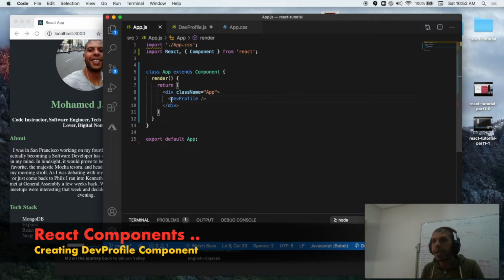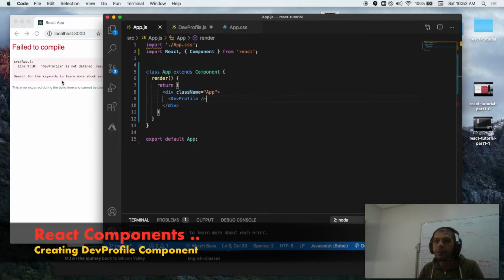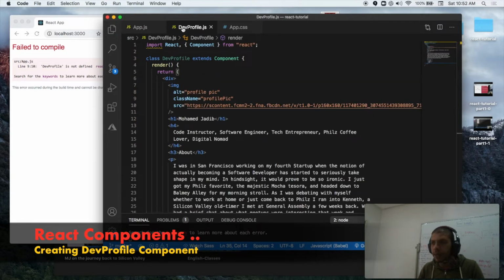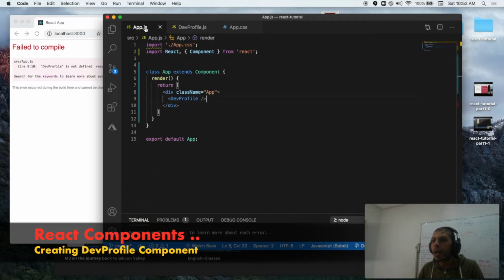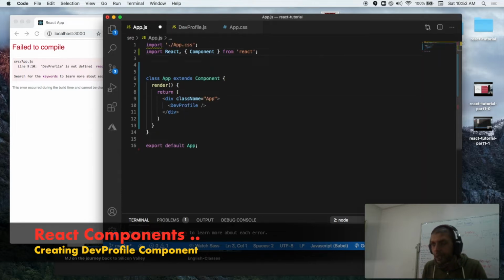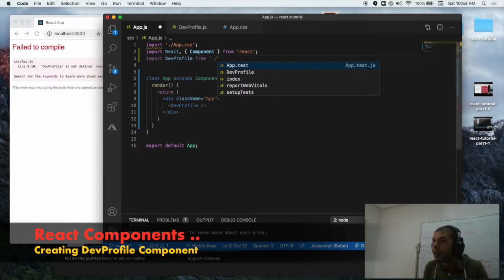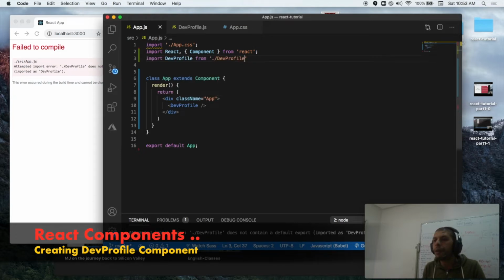And now if we save, the app will break. It's going to say DevProfile is not defined. It's not defined because, for one, we have not saved this file. The other thing, we have not imported DevProfile into our app, so we need to import it. So we're going to do import DevProfile from DevProfile. And now if we save,